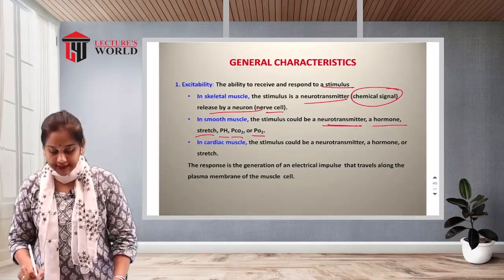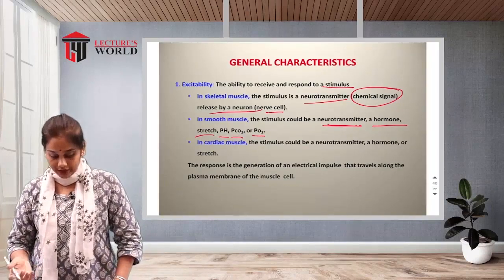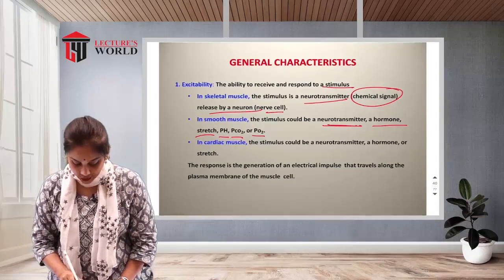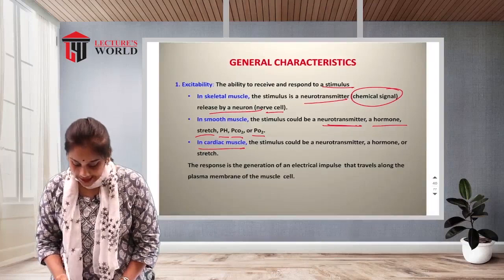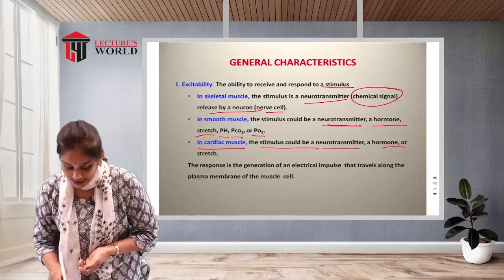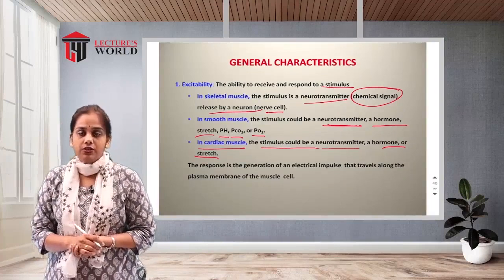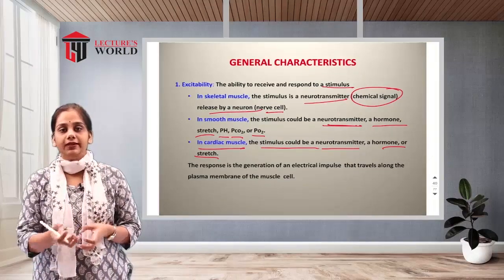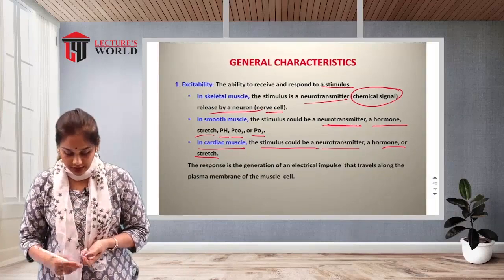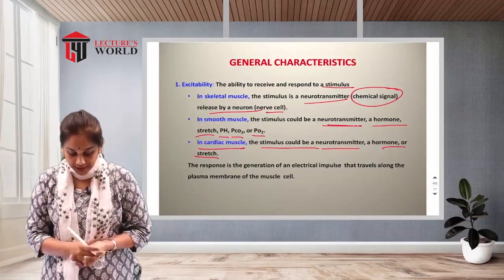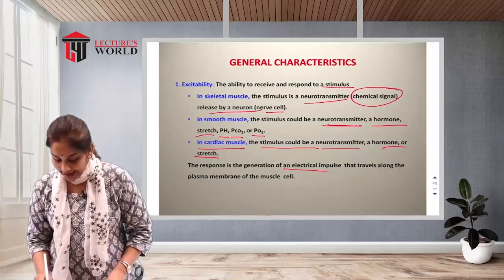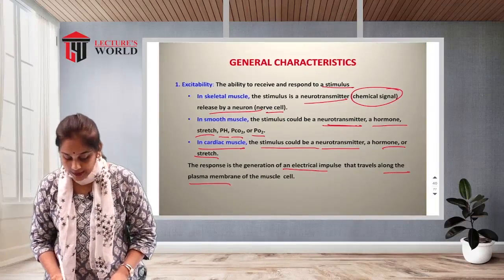These give a signal to the muscle. In cardiac muscle, the stimulus could be a neurotransmitter, hormones and any stretch. These stimuli can improve the stretchability. Then the response is generation of an electrical impulse that travels along the plasma membranes of the